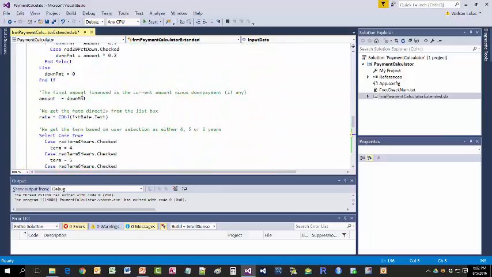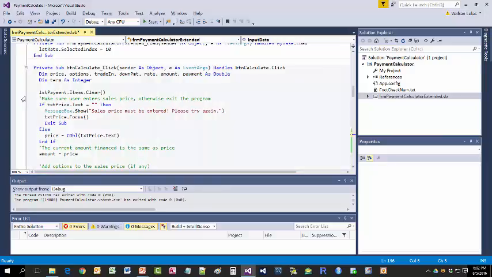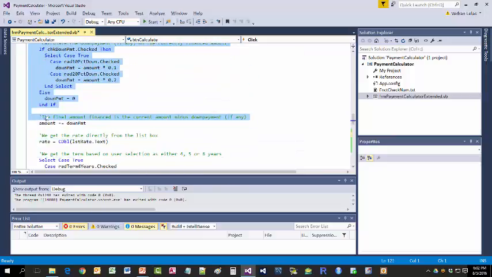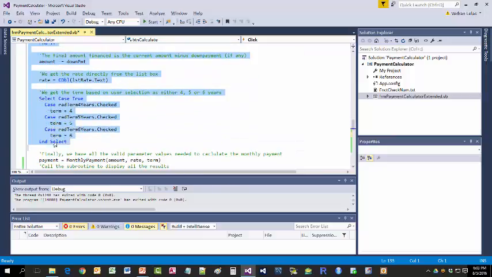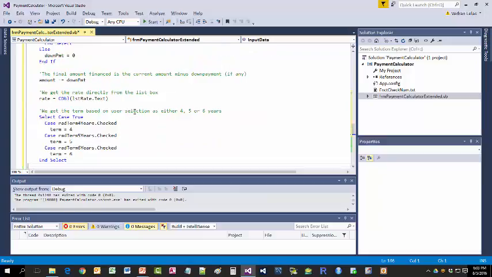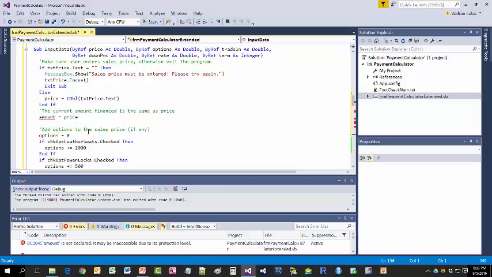So scroll up to the top of the procedure, right below the clearing of the items. Scroll down to right before the monthly payment function call. Cut this out. Click inside the input data procedure and paste it. Scroll up to the top, and let's start